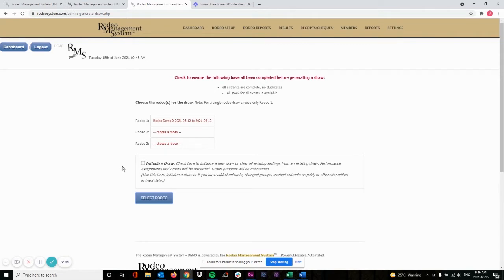When we are running it for the first time, we need to always click Initialize Draw, and what this does is it copies over the information from the rodeo entrance into the draw file so that we can run the draw. So anytime that you have made changes to new entrants, you've added some people after you've run a draw, you will want to reinitialize. So then we select rodeo,